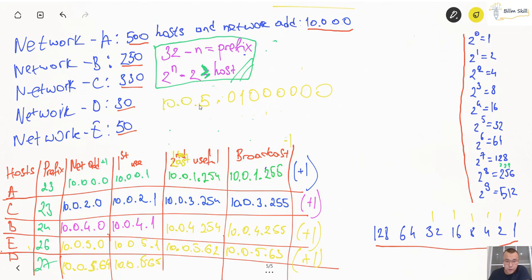So 24, 25, 26, 27 here, and after the slash all will become ones. If we convert it to decimal format, here it is going to be 1 0 0 1 1 1 1 1, and it will be equal to